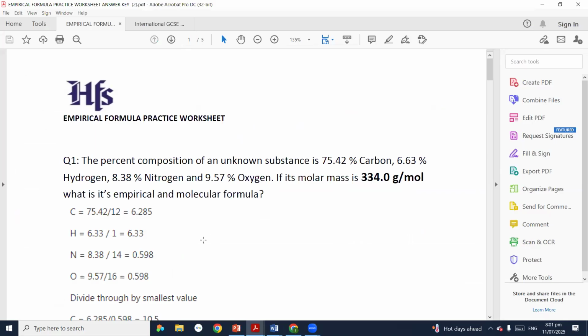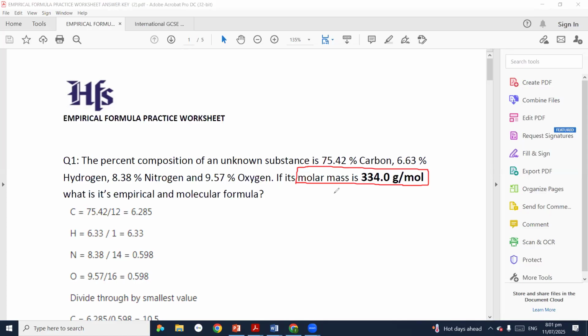So for molecular formula, you need molar mass as well. Okay, last time when we were discussing empirical formula, I told you that you will be given molar mass in your question as well. Sometimes you will be given molar mass, and if you are not given molar mass, you will be given data to calculate the molar mass. Am I clear?